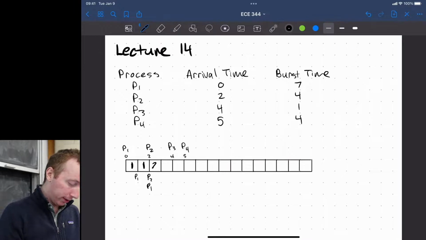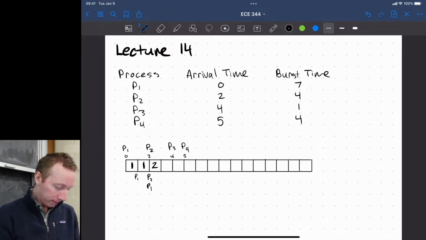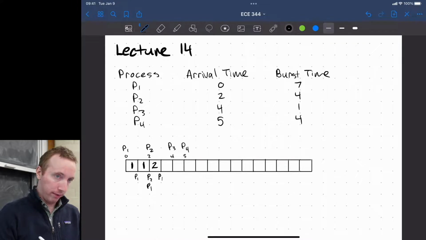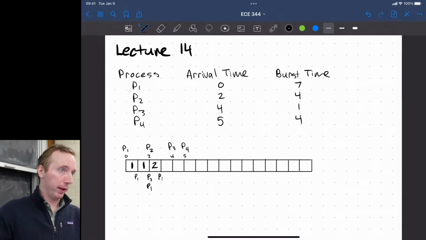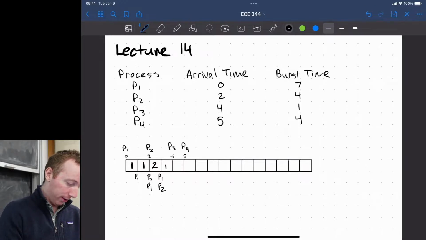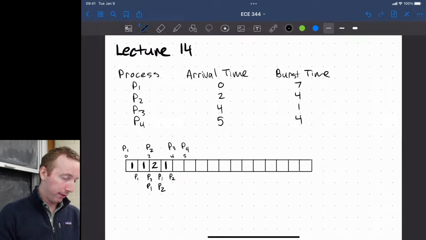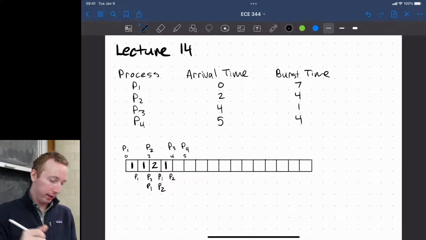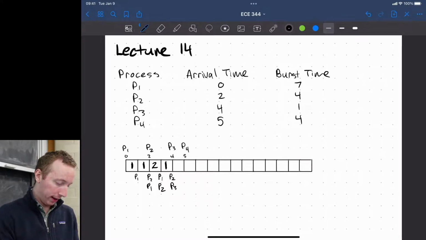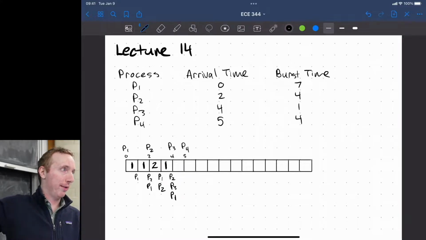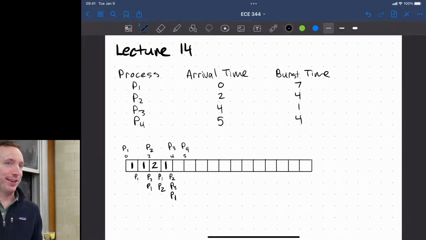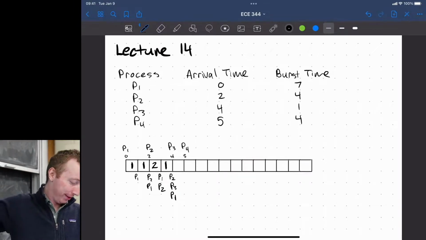So we would schedule in process 2. Then our P1 would be in our queue, and we would re-add P2 to the back of the queue after it's done its 1 time unit. Then process 1 would execute for its 1 time unit. And then here, our queue would have process 2 at the front, and then process 3 comes in. So we would add it next, and then re-queue process 1 at the end. So is everyone on the same page for that one? This is as hard as it's going to get today, so we can breathe a sigh of relief.